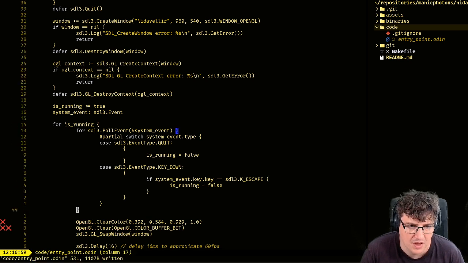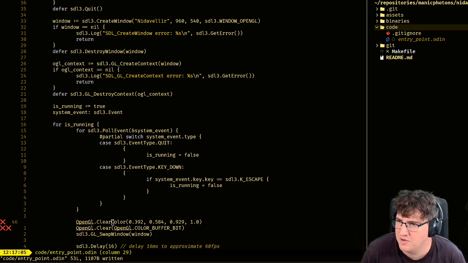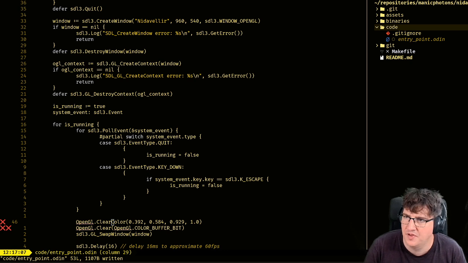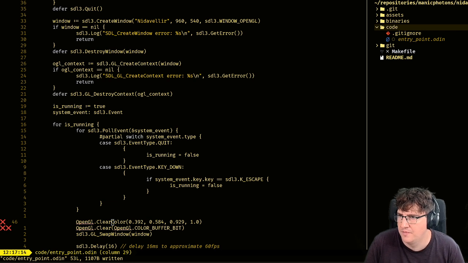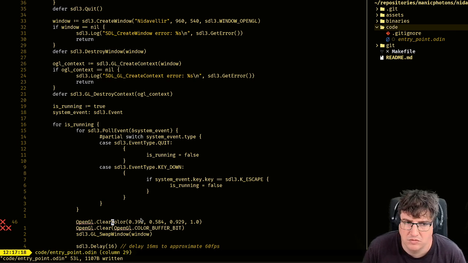Fine. Now down here, I'm surprised I didn't have to somehow set the state machine there. Let's just check. No, that's correct.